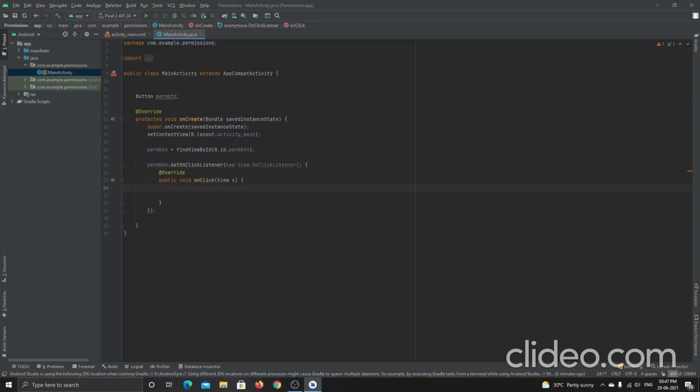Inside this we will write the code. First let me check if it runs or not. It's just building the Gradle. This application doesn't work because we have declared only one element, that is the button. Okay, let's see how it will be.